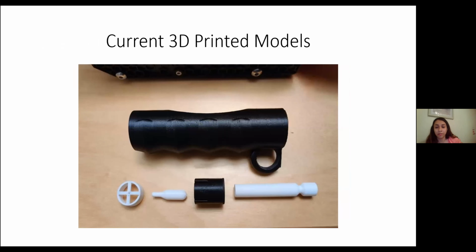Right here, I don't know if you can recognize from the model, but this one on the bottom left is the piece that's going to attach to our hollow needle. This piece next to it is the actual CO2 cartridge, not the actual one, but a simulated model for the use of designing. And next to it is what's going to actually hold the CO2 cartridge in place. And then on the very right is the piece that actually connects down into the epinephrine cartridge and the CO2